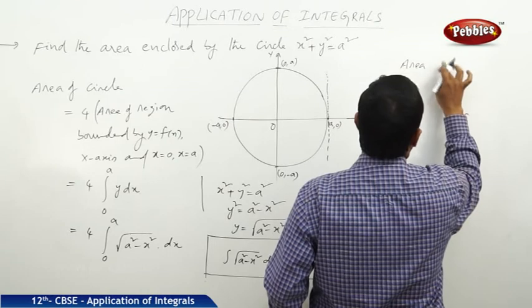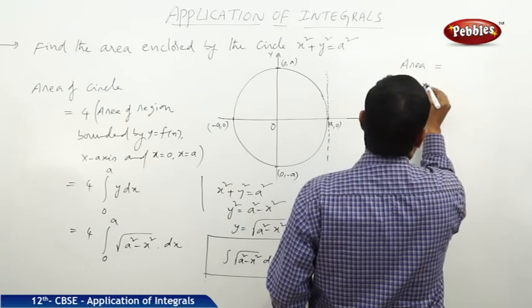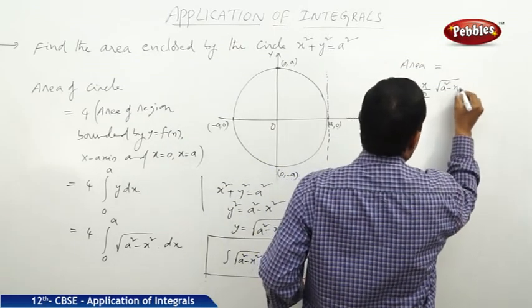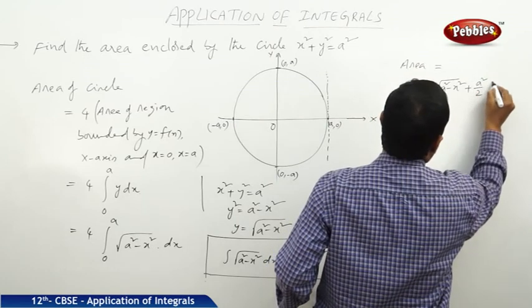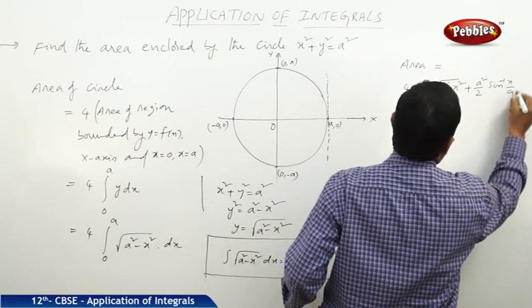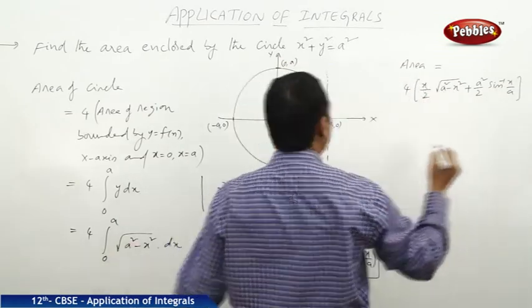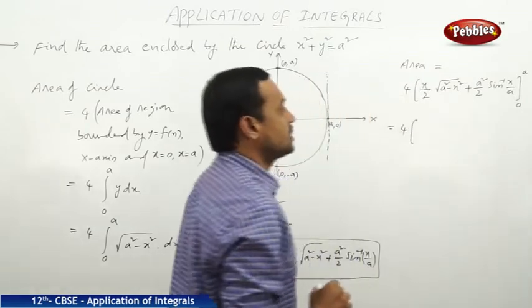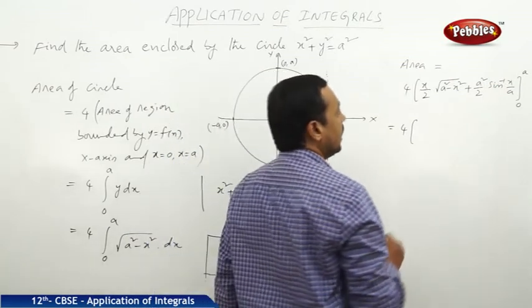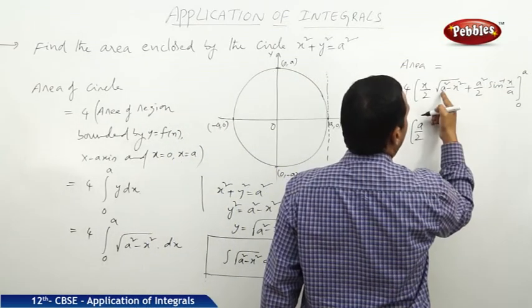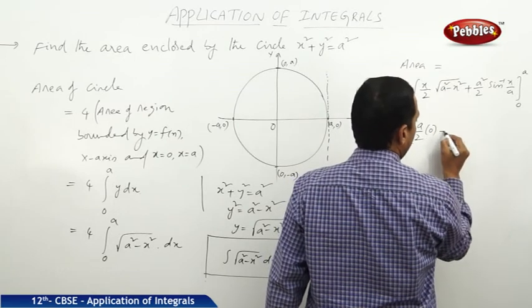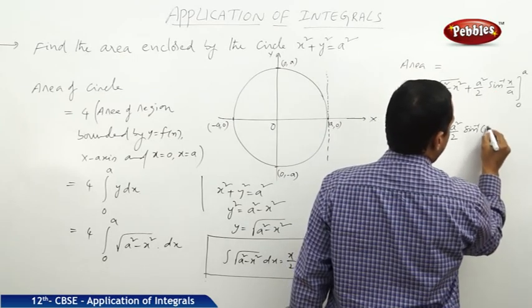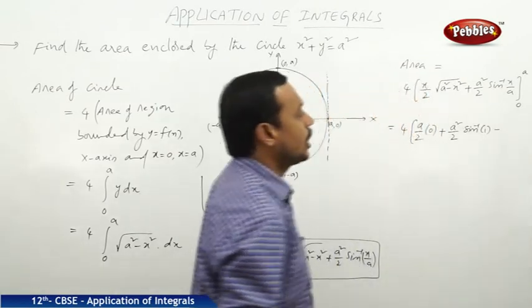which is 4 times x by 2 into root of a square minus x square plus a square by 2 into sin inverse x by a under the limits 0 to a. Now this is 4 into, first of all substitute the upper limit in place of x, that is a by 2 into root of a square minus a square, of course it is 0, plus a square by 2 into sin inverse a by a, which is equal to sin inverse 1, minus